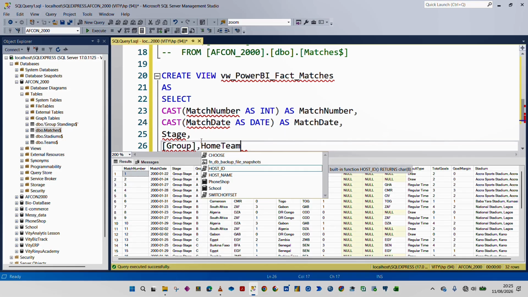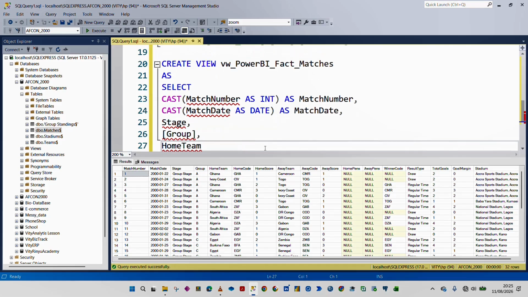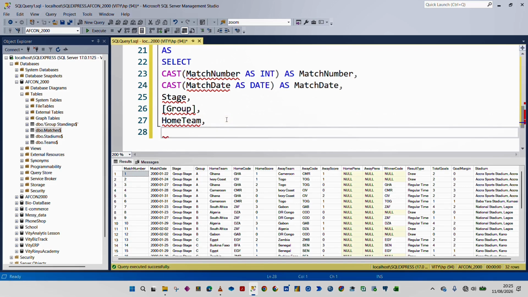You have to go down. Anyway, we can still allow it like this, but we want it to be neat, so that you should be able to see it. Then the home team, and then this home code,